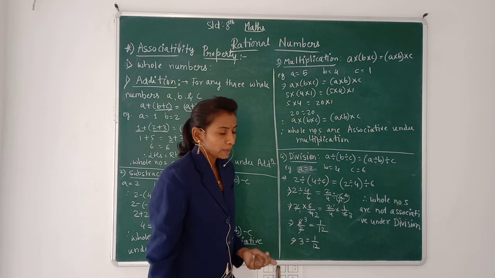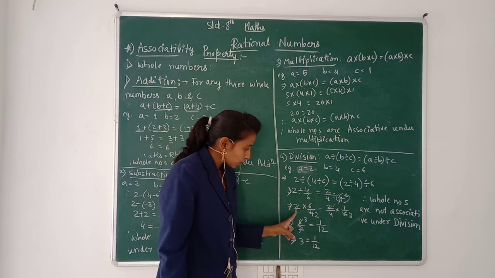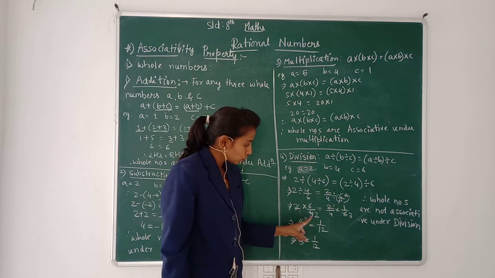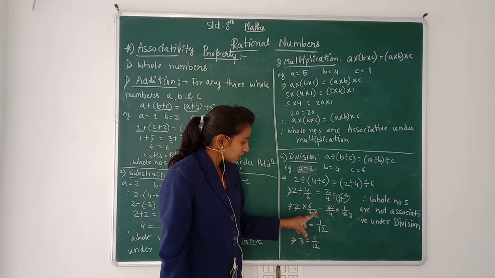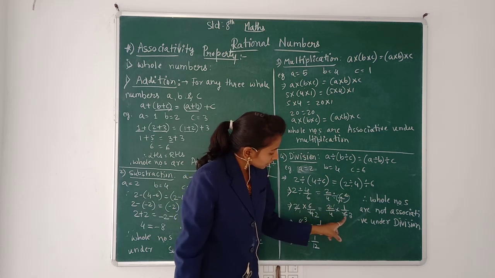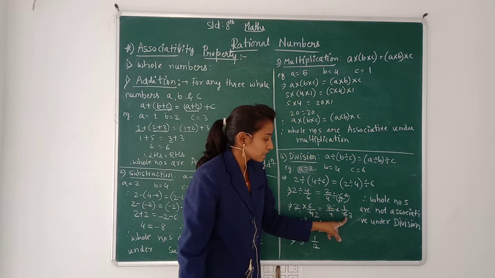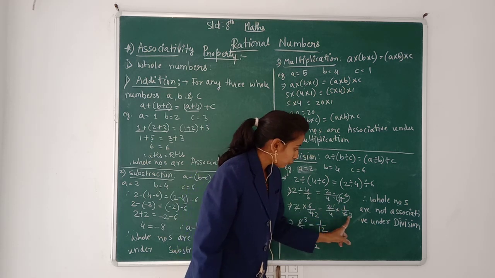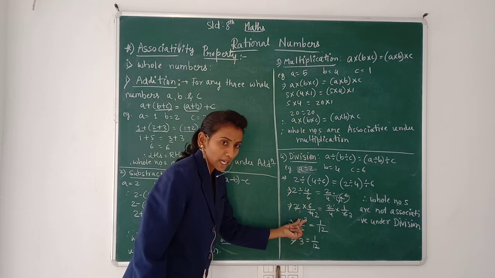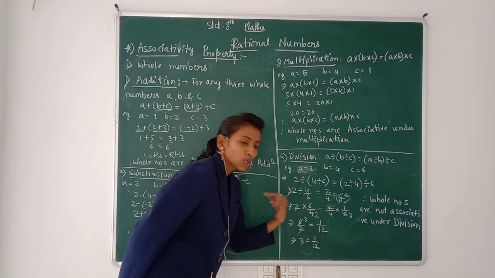Now do the multiplication operations here. Here I am doing cancellation. See, here 2 is there in the numerator and 4 is in the denominator. They are getting cancelled. 2 ones are 2, 2 twos are 4. That is 6 upon 2 we have got, is equal to, here see, 2 is in the numerator and 6 is in the denominator. Do cancellation. 2 ones are 2, 2 threes are 6. That is 1 ones are 1 divided, 4 threes are 12. Here also getting cancelled. See, 2 ones are 2, 2 threes are 6. In the LHS what did we get? 3. And in the RHS we got 1 by 12.